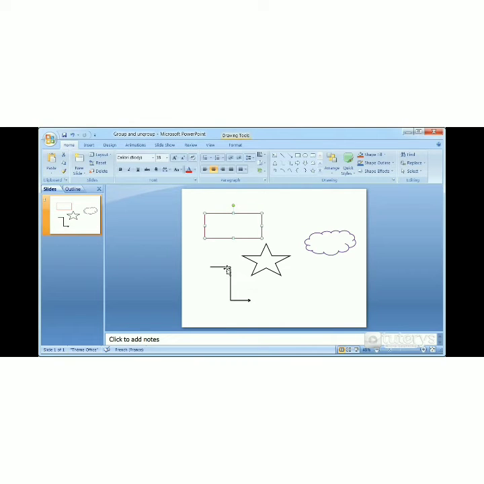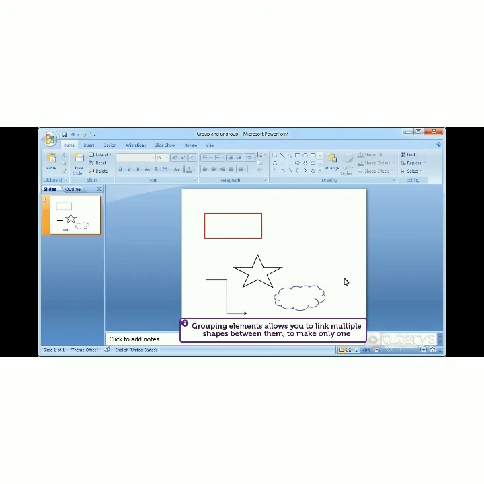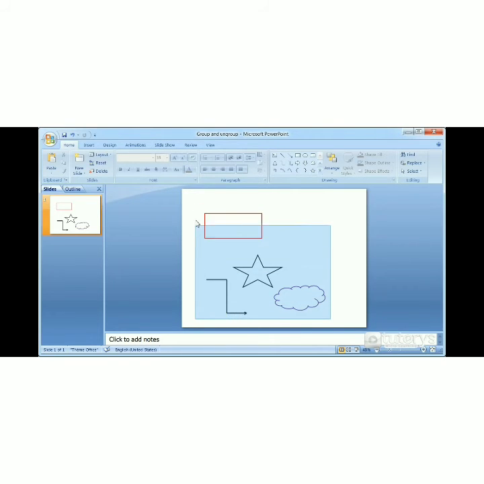To select the multiple shapes, first of all, fix the place of the shape where you want to place them. After that, you will select all the images together by dragging the mouse. Select all the shapes to be grouped like this.